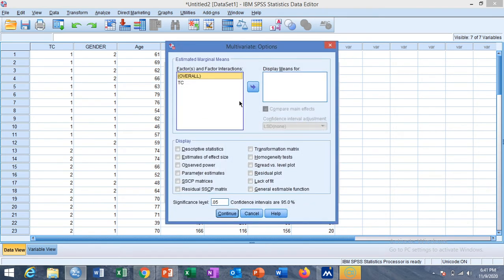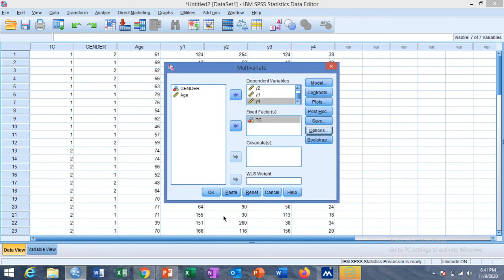You can also go to the option of estimated marginal means. You can obtain the mean for each group separately, and you can also estimate the effect size. And then you can also test for homogeneity of variances. Then click on continue, and then OK.